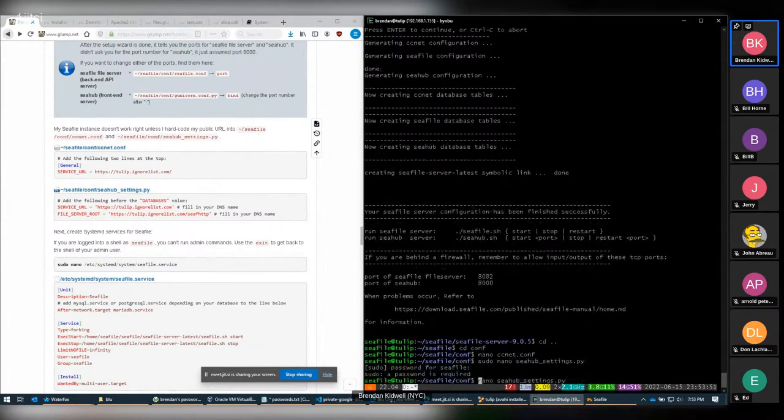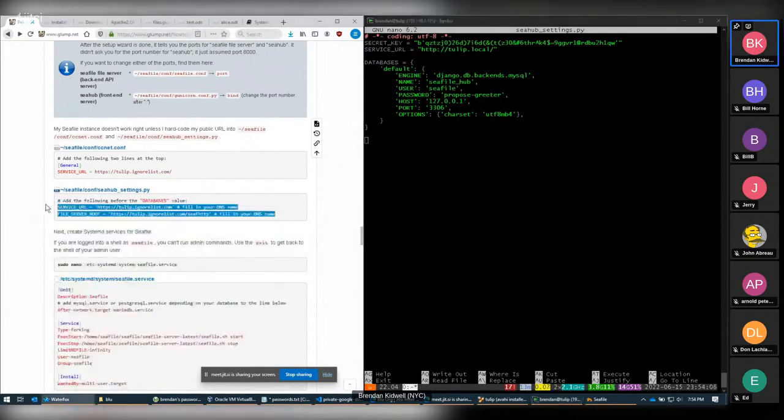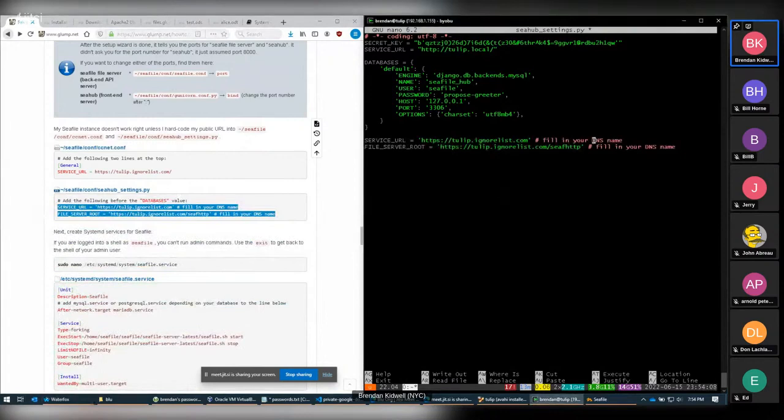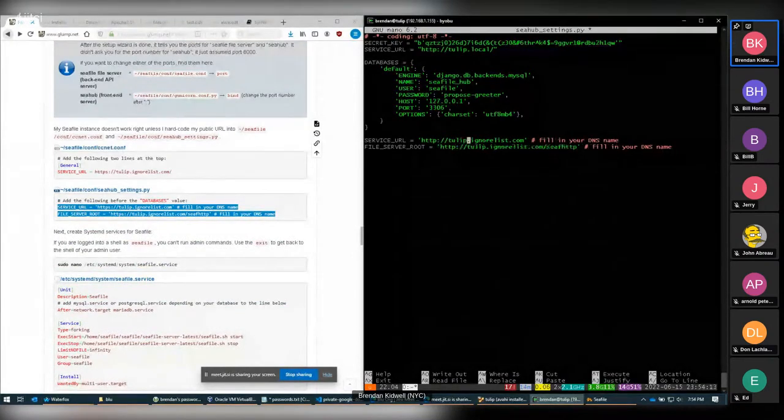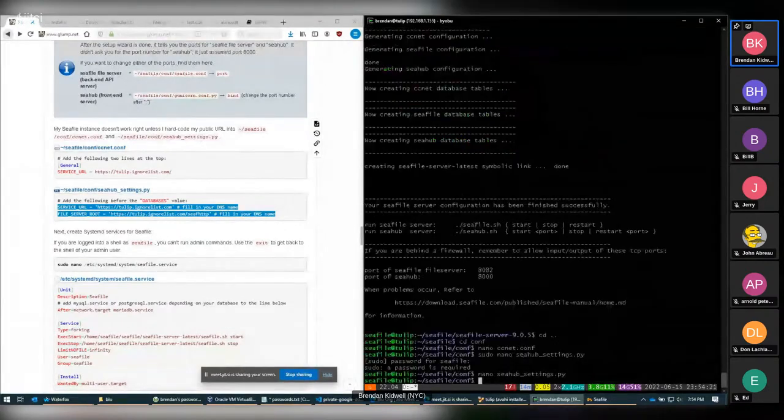It's not sudo. Service URL, it got it right in here, tulip.local. File server root. I guess I need that stuff. And let's make that HTTP port 80 tulip.local. And